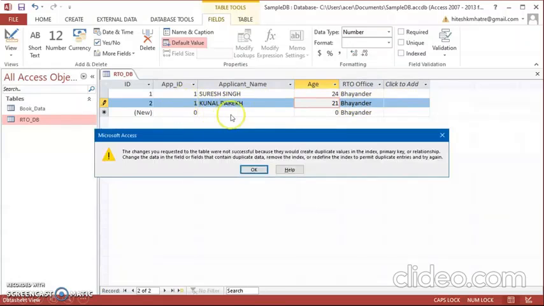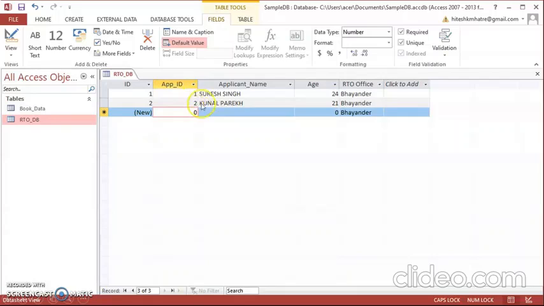As soon as I click here, it shows the message that the changes you requested were not successful. This is because, as we have given the condition, it should be unique, and this is not unique. So I click on OK and change that 1 to 2. Now these two are both unique. So we have checked for not null as well as unique.